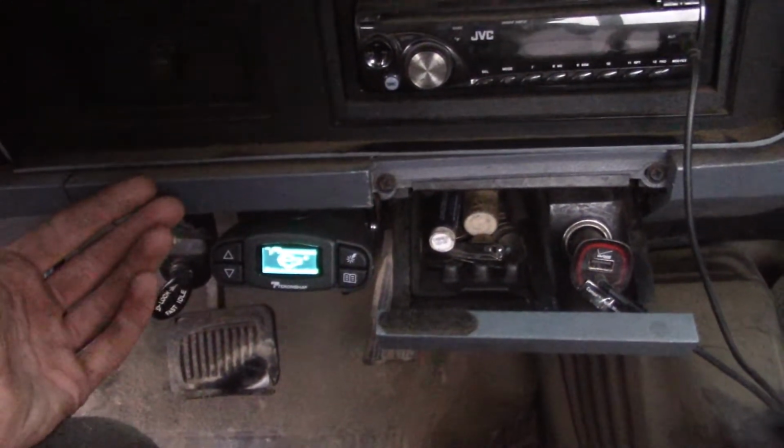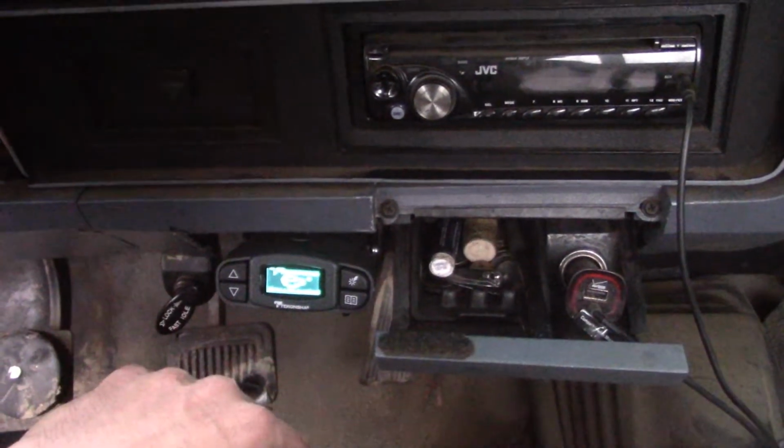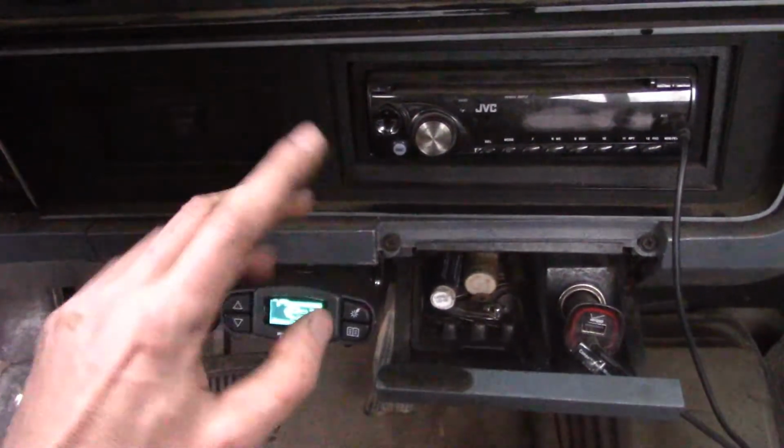I like it. So let's go and take a look at the Hayes, and I have it inside. Oh, I will say